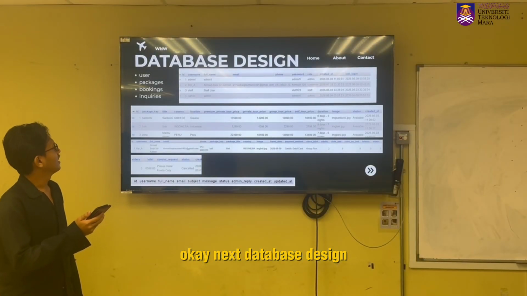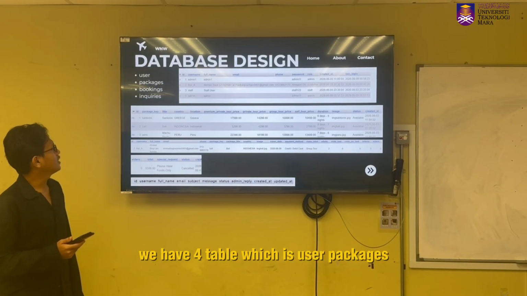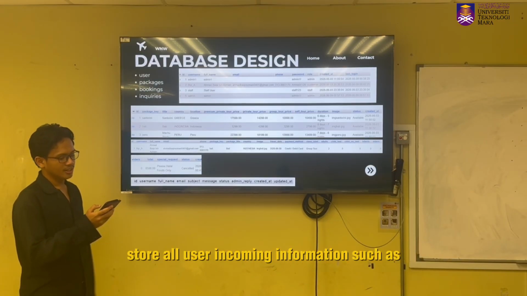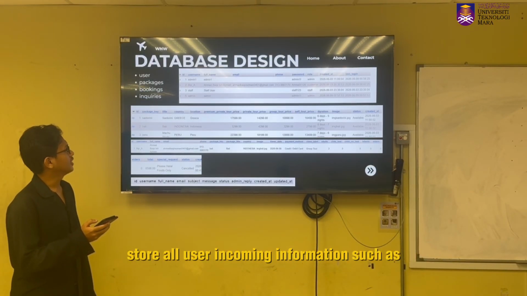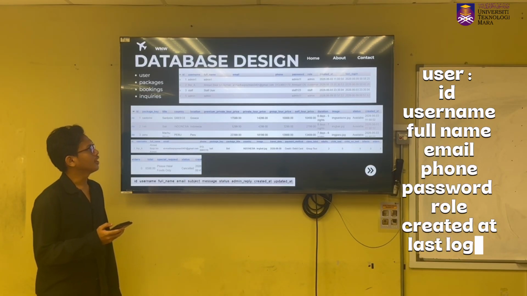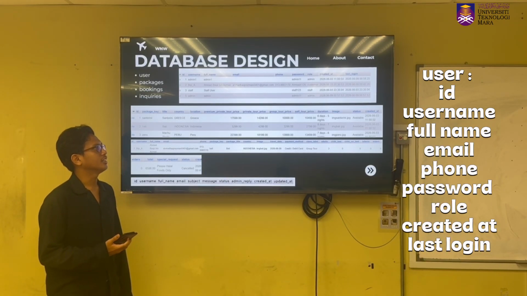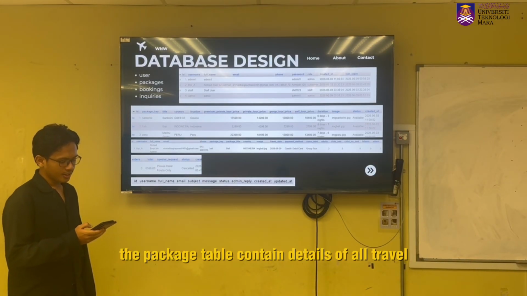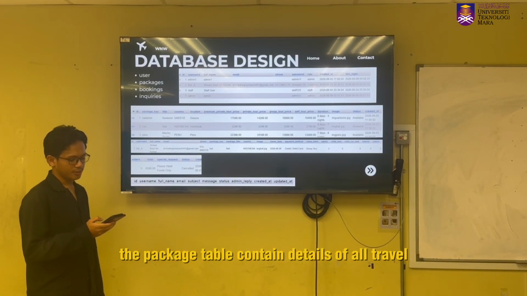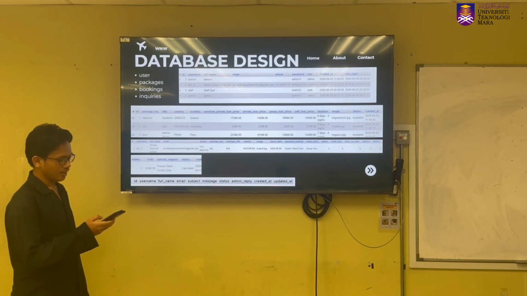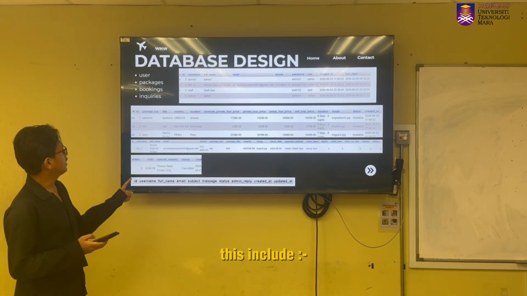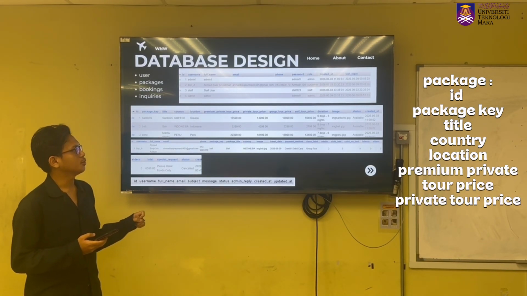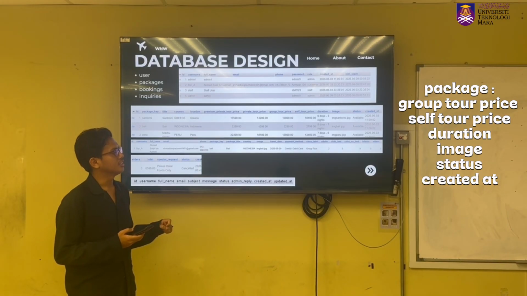Next, database design. We have 4 tables, which are user, packages, booking and inquiries. So first, the user table stores all user information such as ID, username, full name, email, phone, password, role, created at, and last login. Next, the packages table contains details of all travel packages offered by the company. These include the package key, title, country, location, premium private tour price, group tour price, self-tour price, duration, image, status,